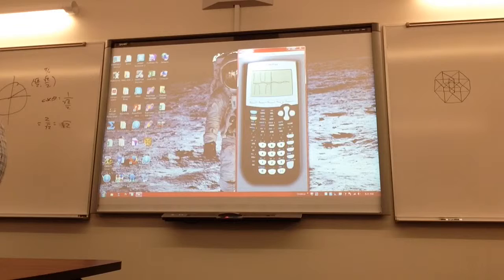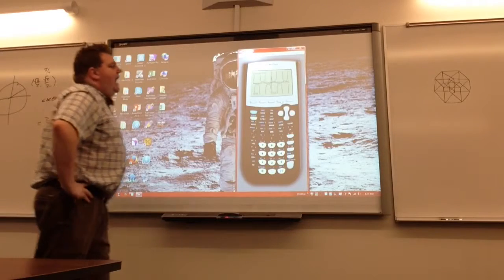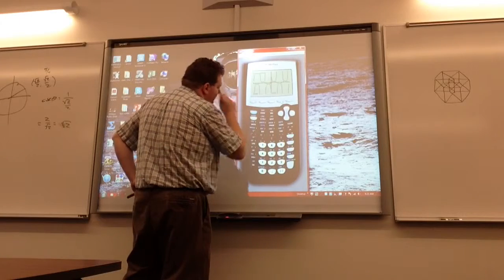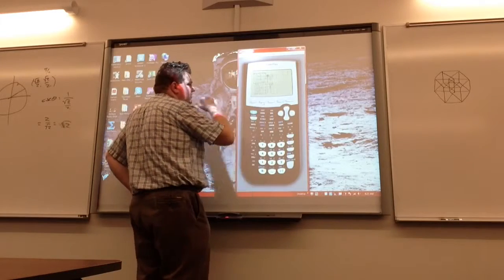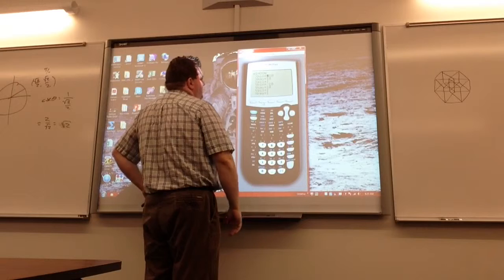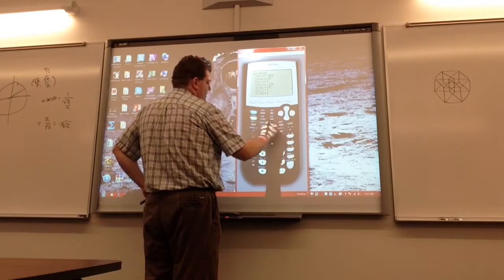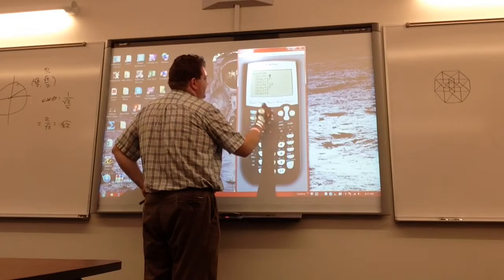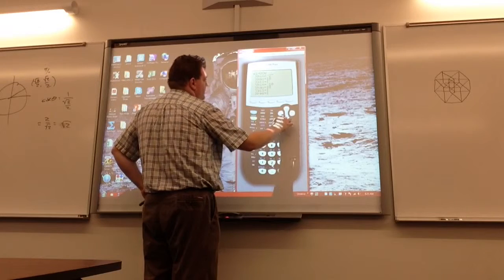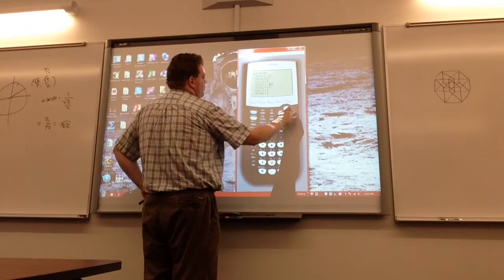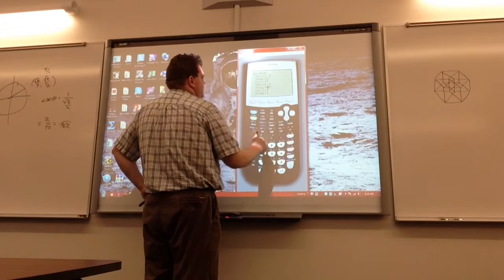And so you can see there are a bunch of parabolas. What I'm going to do here to illustrate how this is going to work, I'm going to zoom in on this location over here. So I'm going to hit the window button. X minimum, we don't need it to be that big. We'll make it negative 2, and maximum we'll make 2 as well. The y minimum, we'll just make -1. The y maximum,